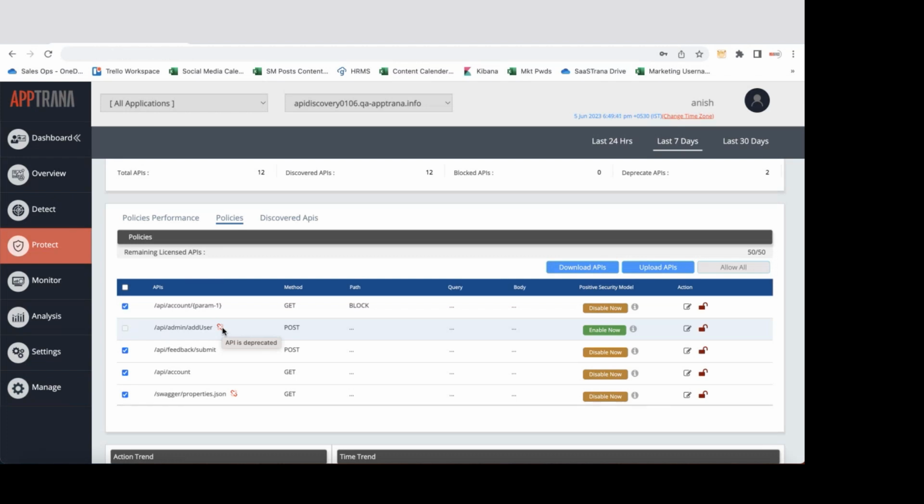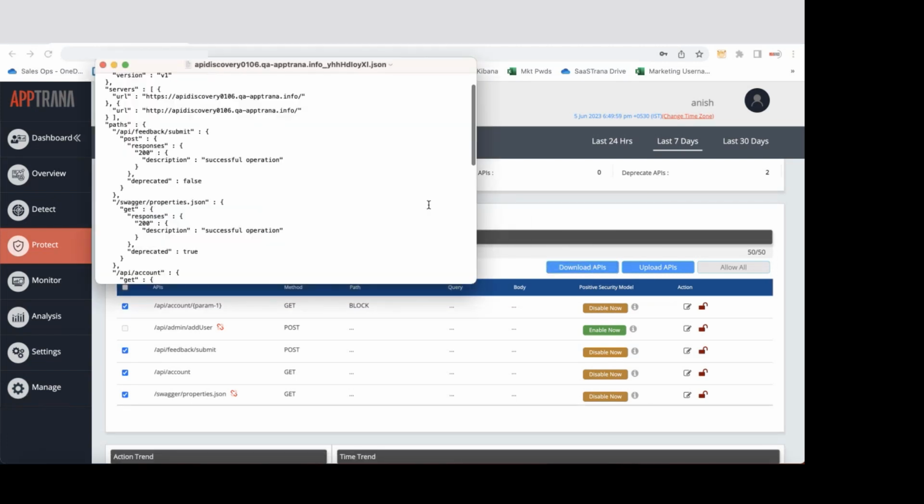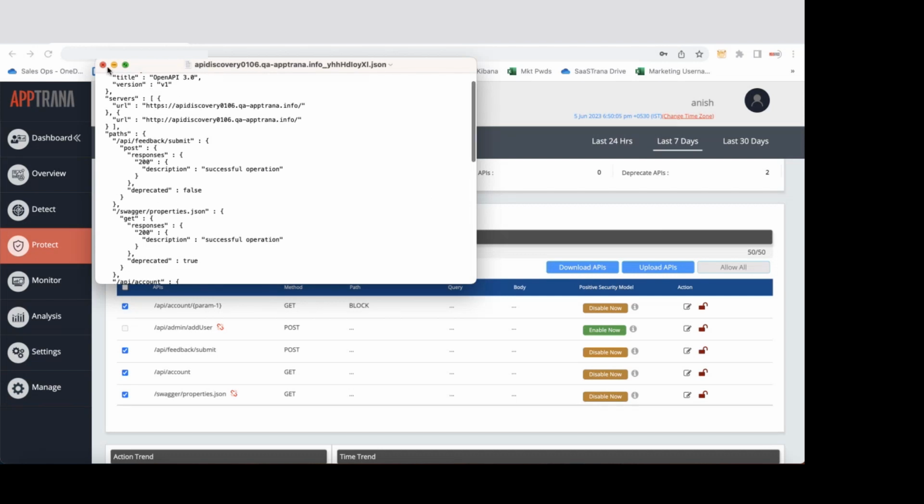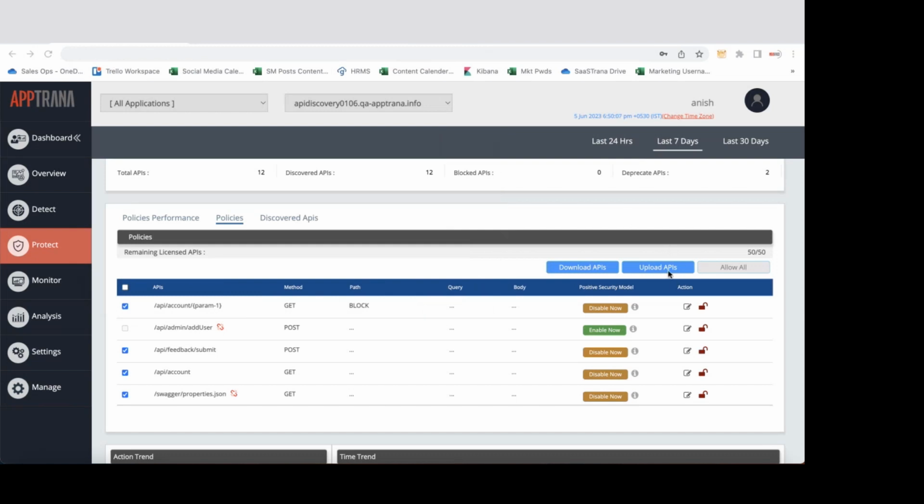In case you would want to download the OpenAPI specification file of all these APIs, then click on the download APIs button available over here and then a file will get downloaded in your system. After opening the file, you may edit and update the OpenAPI specifications and then re-upload it by clicking on the